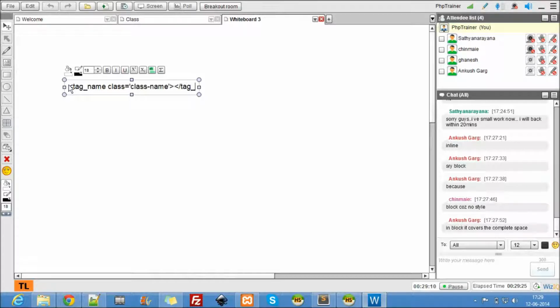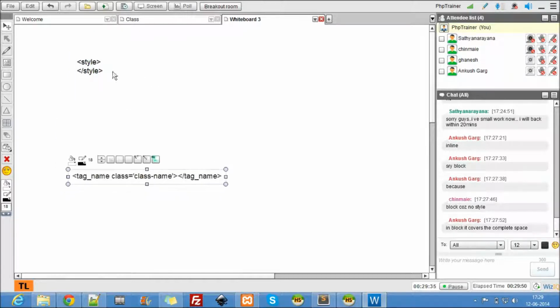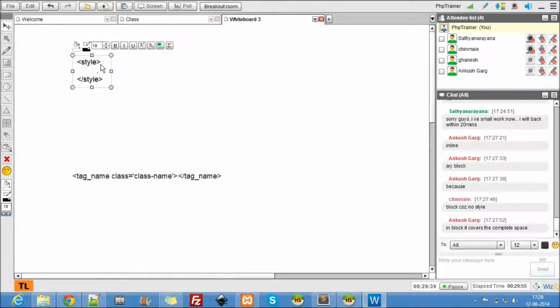Okay, so let's take a paired tag. Now this is a class. So now this particular tag is identified by that class. So I can use that class to style that tag. How do I style it? I style it like this. Inside style, always remember, when you are styling, you have to use a dot in front of class names.